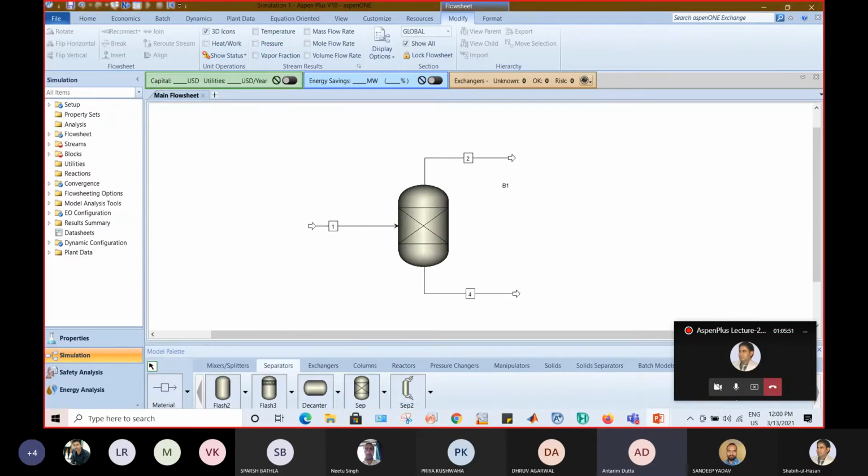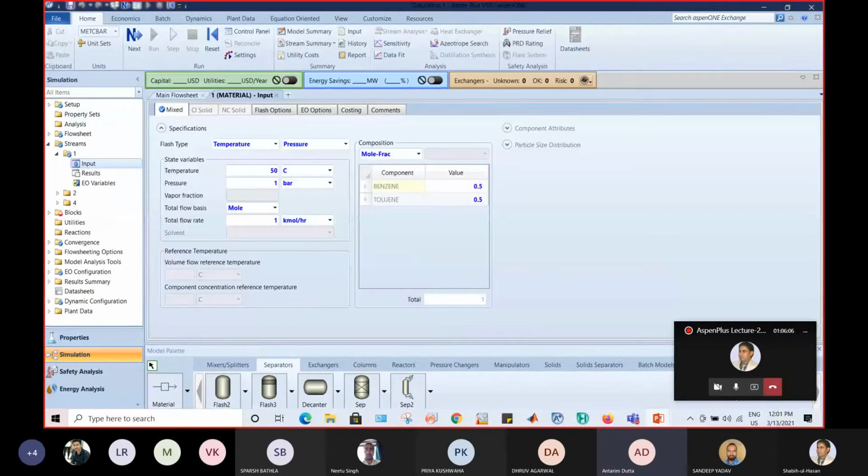Once I hit the next button, Aspen will ask me to provide data regarding the input, whatever input I have. So I have provided the data regarding the input, that is stream 1. As you can see, stream 1 is my input stream, so for now I'm inputting the data regarding my input stream.